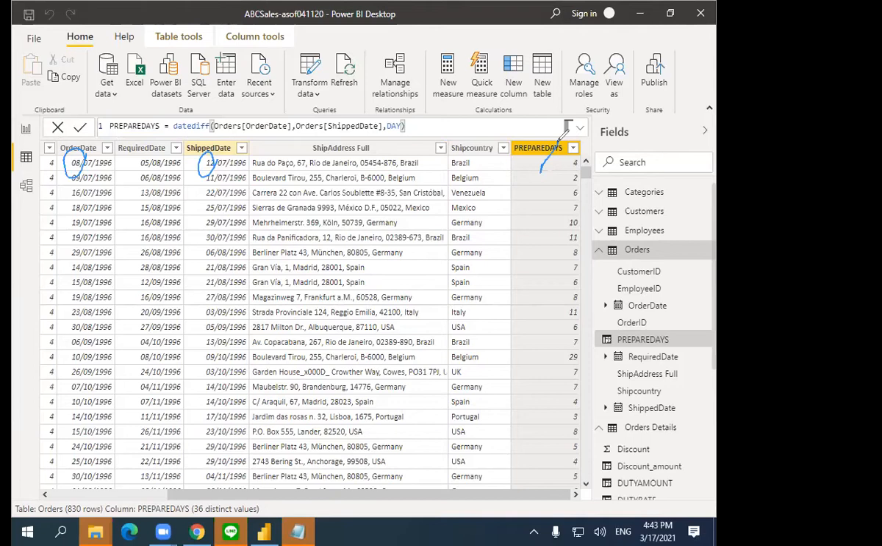In the case that you have got the negative values, just do the same thing as I did: just switch date 1 and date 2 and then you get the positive numbers instead. This is the trick in order to calculate the date diff